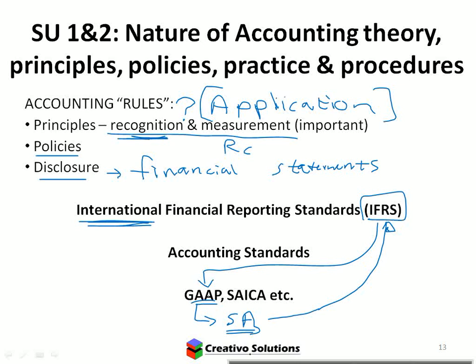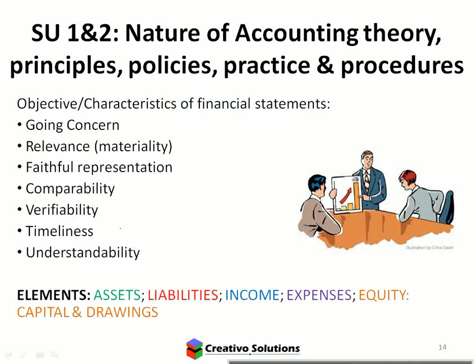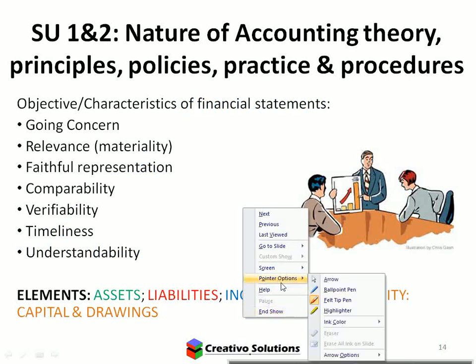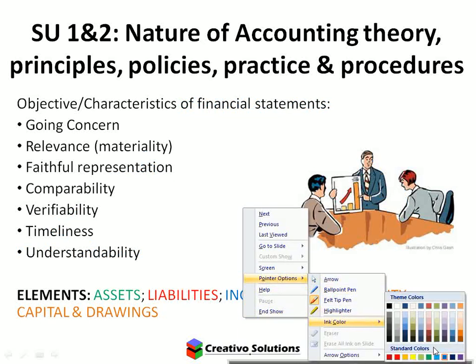IFRS is international. You also get US GAAP, generally accepted accounting practices, and that's just the US standard. So the world has two ways of accounting for transactions: the US method, and the International Financial Reporting Standards. They're both very similar, but there are some discrepancies between the two. IFRS is obviously better because more countries use it. But America is a very important country, so it is still something you do see in the real world.